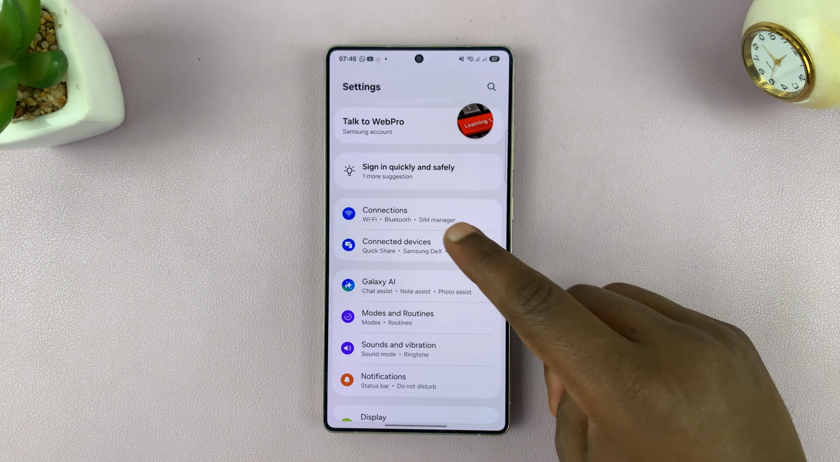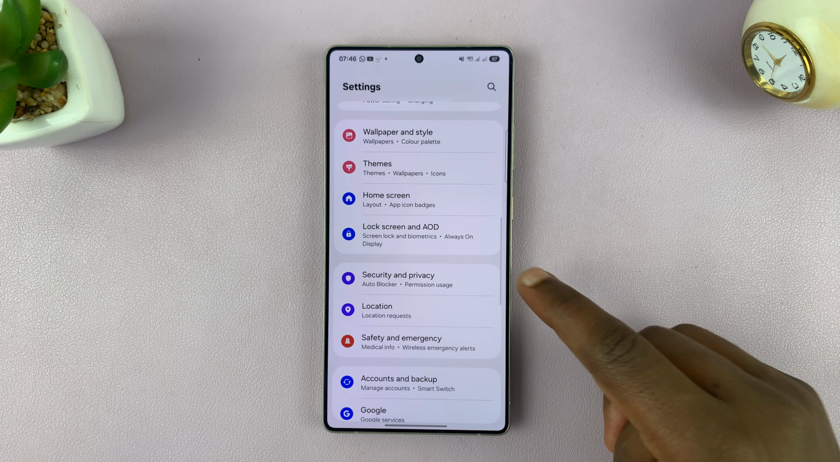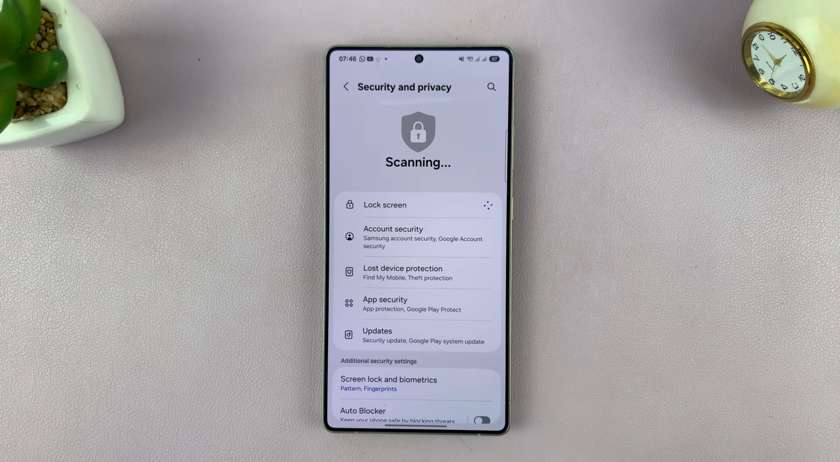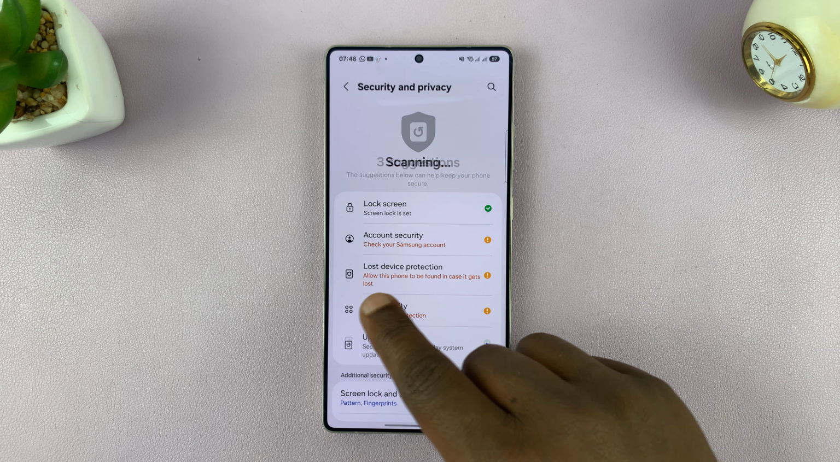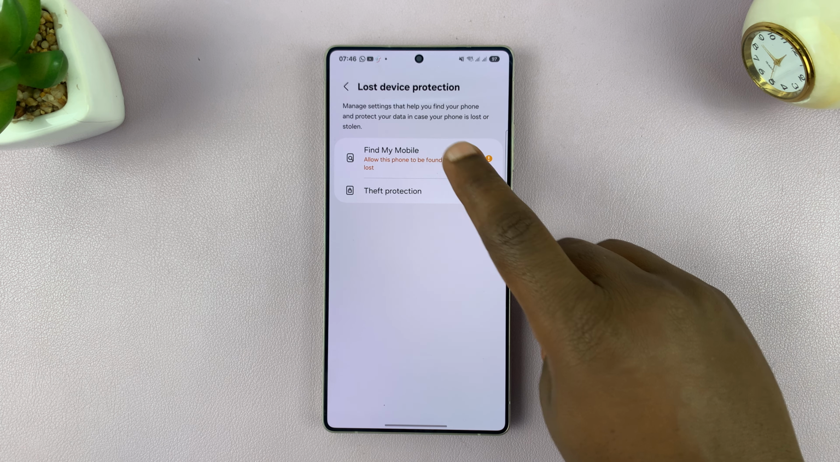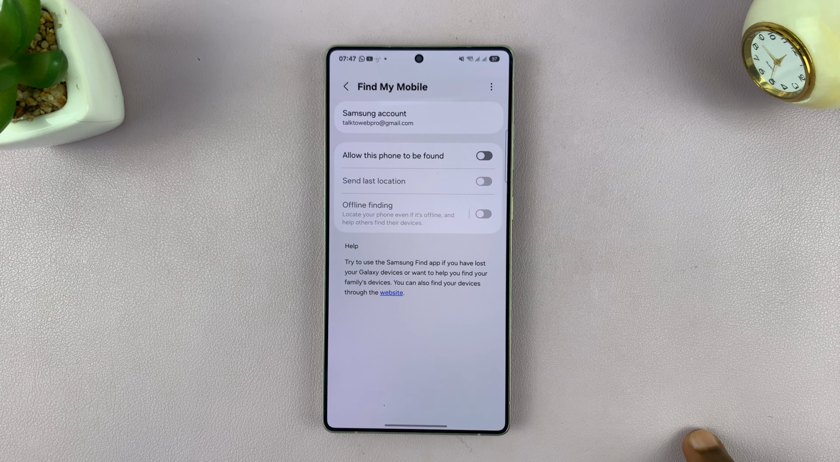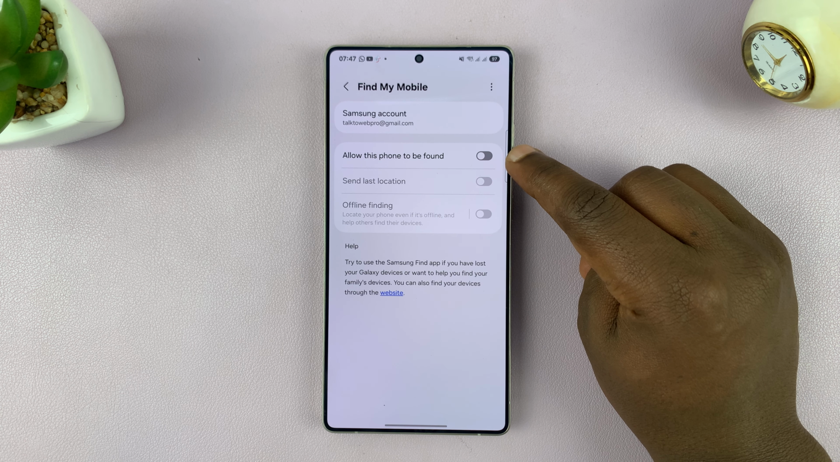So you want to go into settings. Under settings, scroll down to security and privacy, tap on that, and then tap on lost device protection. And then you should see Find My Mobile. Now currently it's disabled. So if you tap on that, you should see the option to allow this phone to